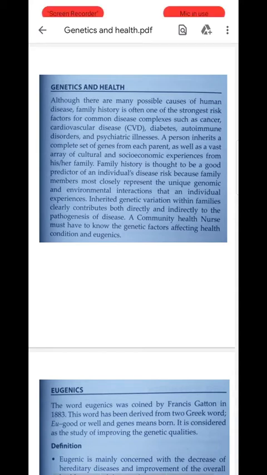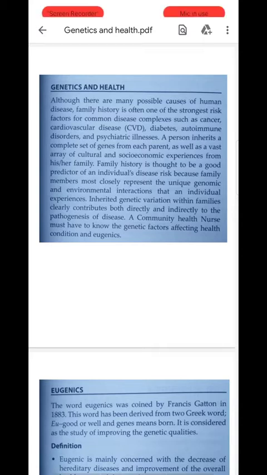We'll start with a new topic, that is genetics and health. So there are many possible causes of human disease. The first example is family. It is the strongest risk for some of the diseases such as cancer, cardiovascular disease, diabetes, certain autoimmune diseases,